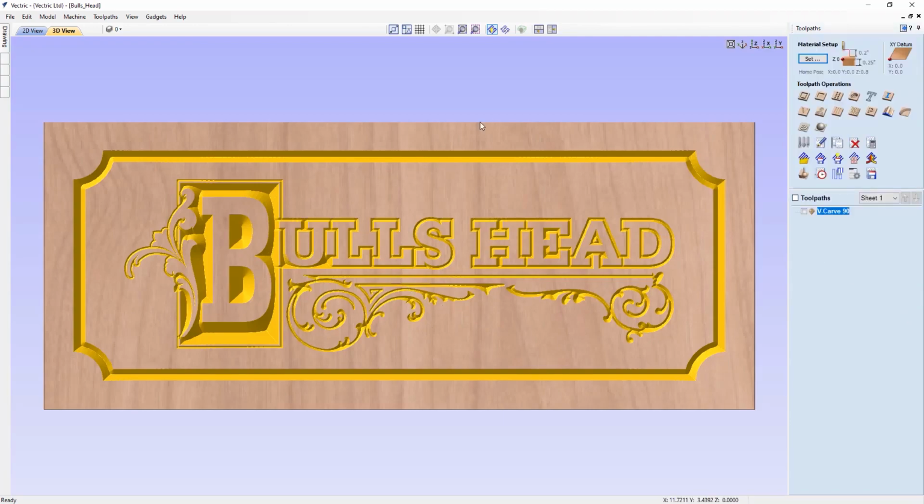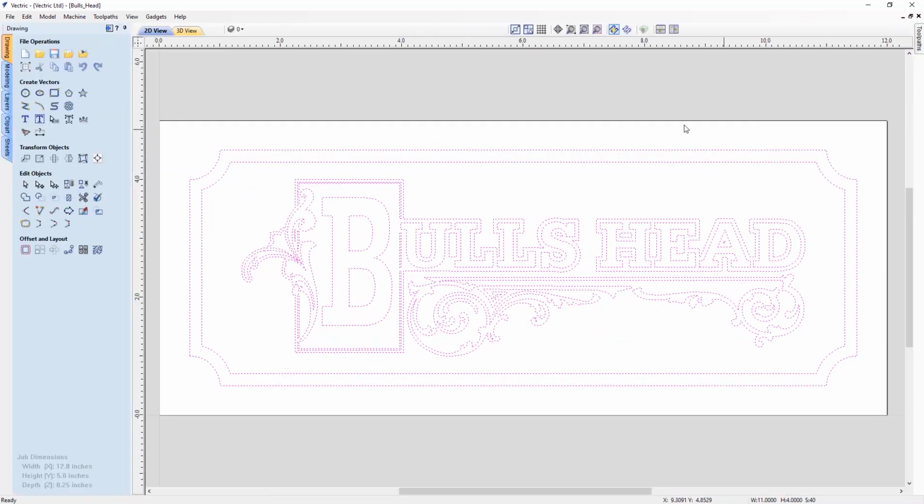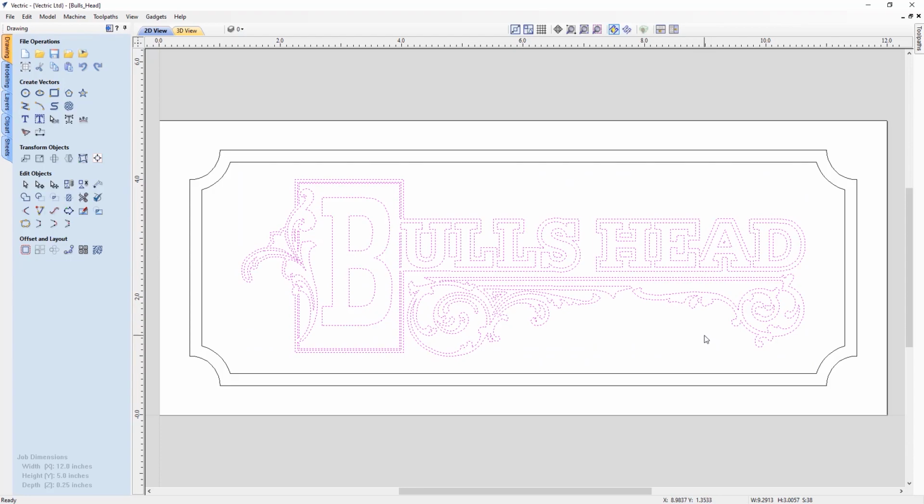So here we'll just close out and we'll go over to the 2D view and switch over to the drawing tab. So I just want to select the internal vectors, so I'm just going to draw a box just around those vectors there. You can see it's just those that are selected, and then what I can do is I could look at moving them, so I could use the arrow keys if I wanted to, or we could look at doing more of an exact movement position, and we can do that by using this option here